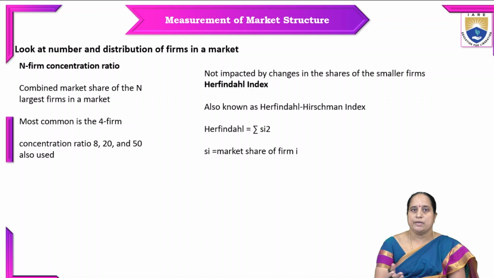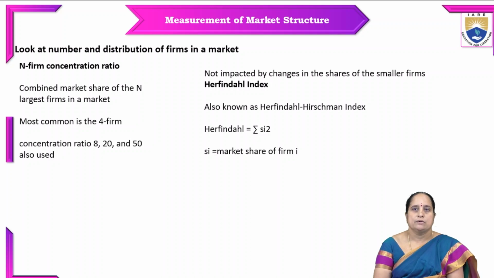Whenever you consider all the firms together, what is the most common size, whether we should consider it as the firm's concentration ratio. In general, we consider 4 firms and based on that we decide the ratio, like 8, 20 and 50 are also used. And it should not be impacted by changes in the shares of smaller firms. And this kind of index is known as